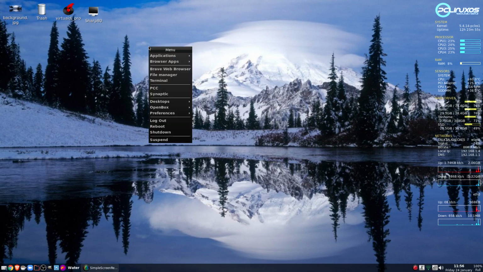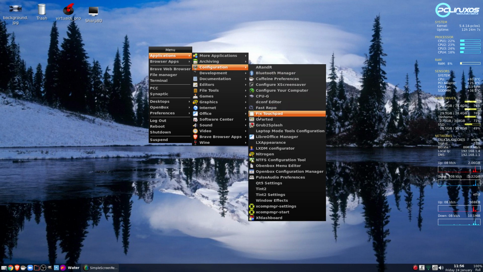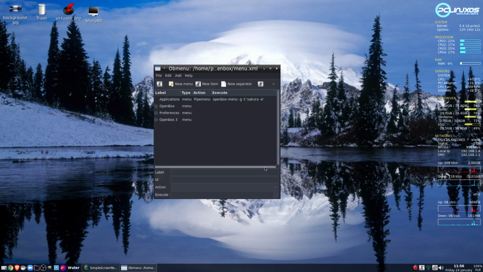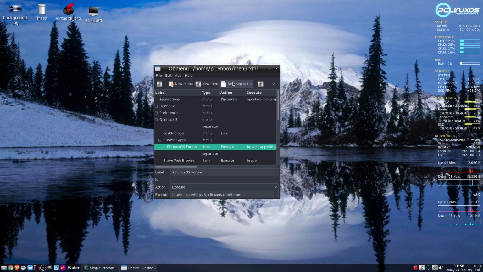Okay, so what you will need, being as I'm on Openbox, and I do apologise for these things, but okay, let's turn it off. So you will need to go to configuration and the Openbox menu editor. As you can see, I've made a separator and some browser menus here. So we'll add a new item,